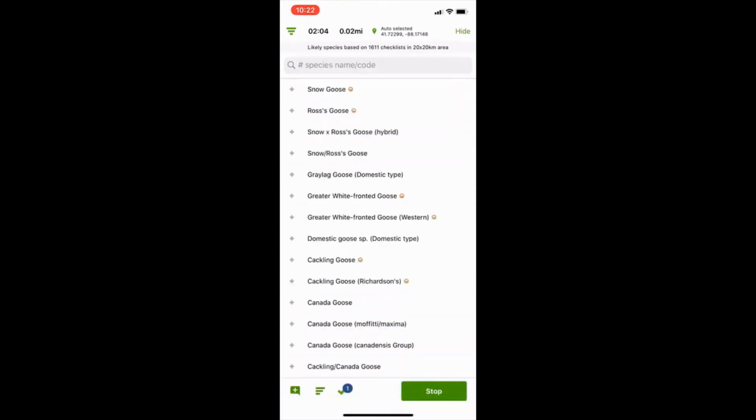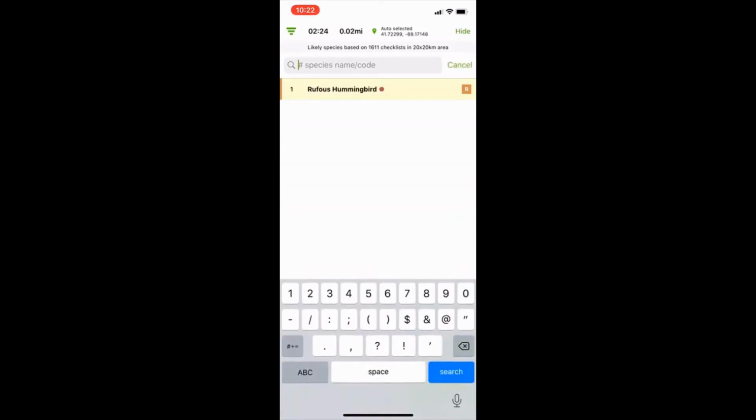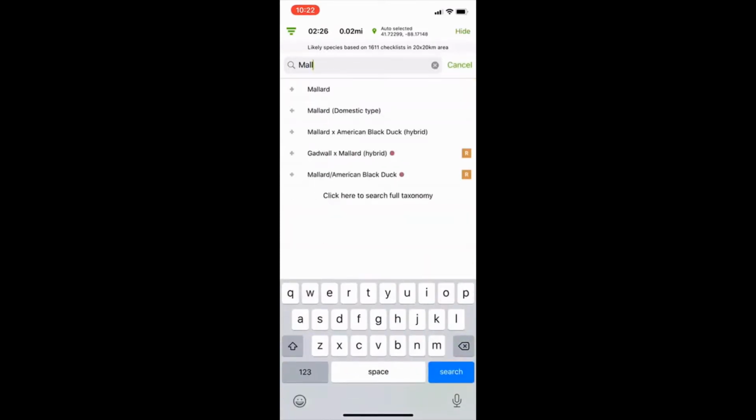So we'll back out of that. And now if you go to this check mark in the bottom right corner with the one on it, if we click that, it's going to take you to your list of everything that you've reported already. What's super nice about this is rather than sorting through all the species based on taxonomy to find what you're looking for, you just type in whatever you saw, and from there you can hit the plus sign,